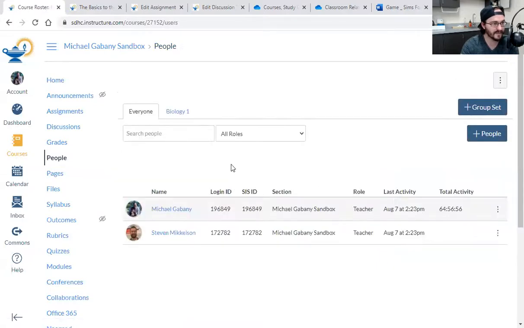So in the future, you can put them as if they're students, you can put them in different groups. So if you have a group project you want to put together, I don't know, a roller coaster, something I used to do in physics.